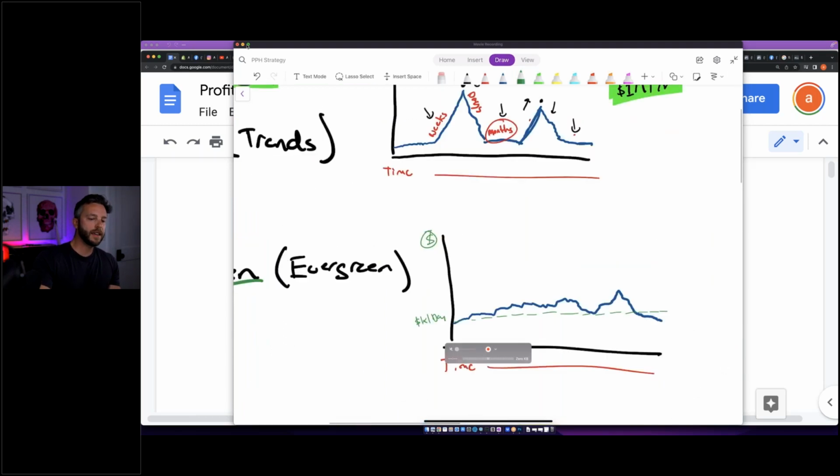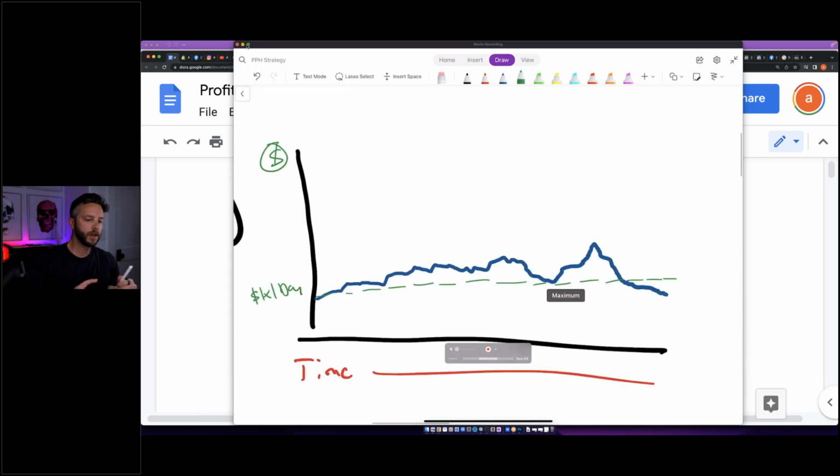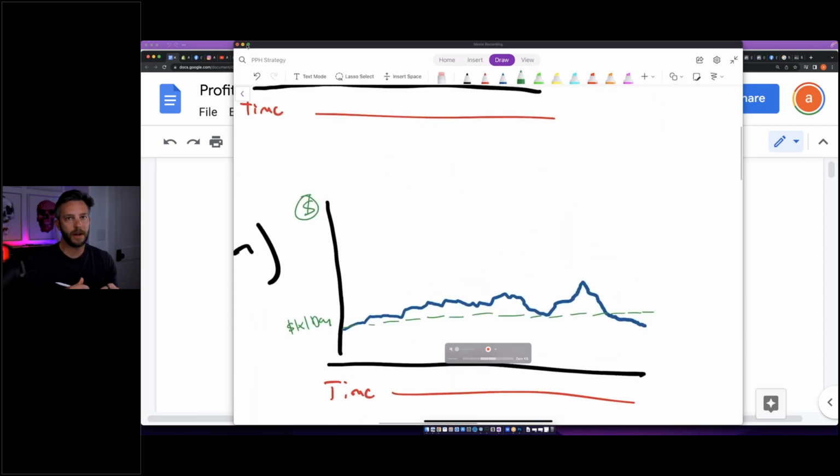And these products, unlike the chart up here where you make $1 million and you're really riding a roller coaster, could be products where you're making $1,000 a day or $500 a day, maybe $1,500 a day, maybe only $200 to $300 a day. Either way, it's smooth. You can kind of predict your sales here with an evergreen product. And sure, at the end of the year, maybe these products don't make you $1 million a year.